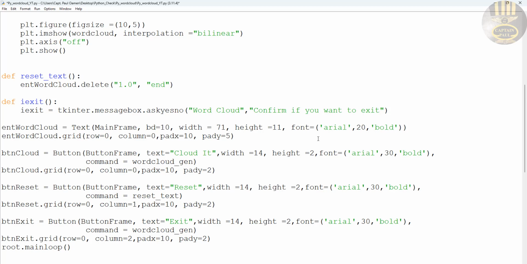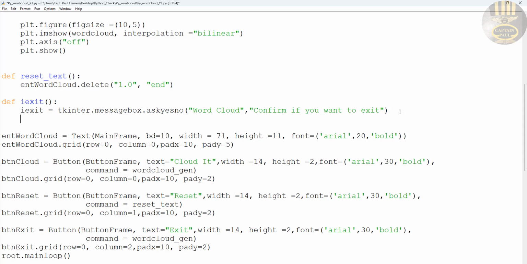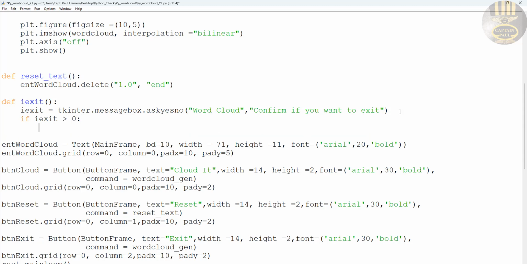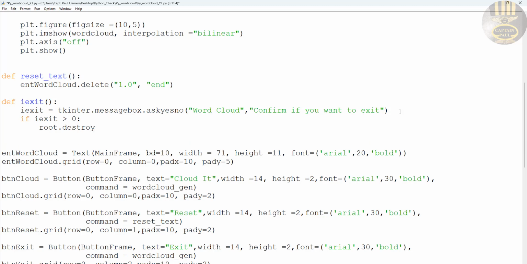Right. And next, I'm going to use a conditional statement to check the value entered. So I'll say if exit is less than 0, then root.destroy, and return. So that takes care of the